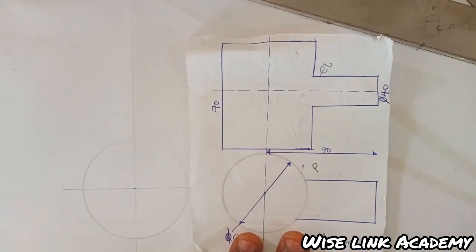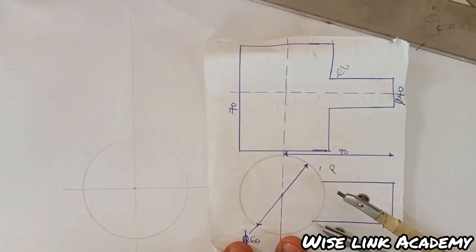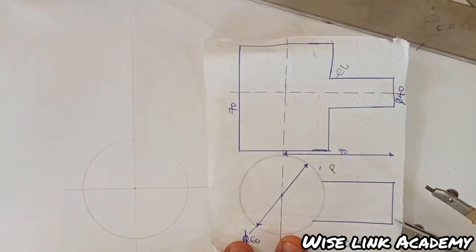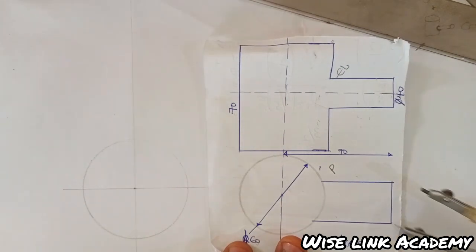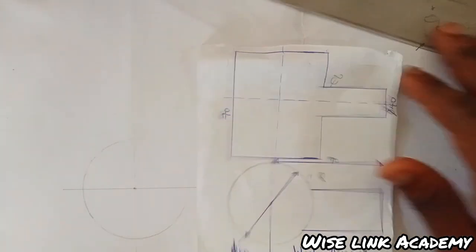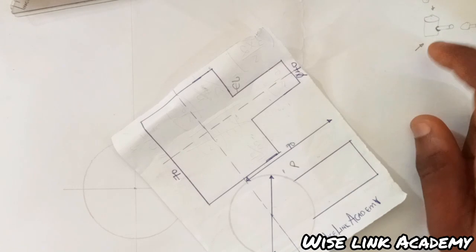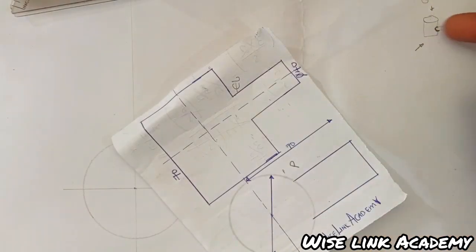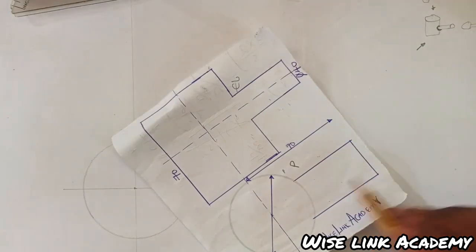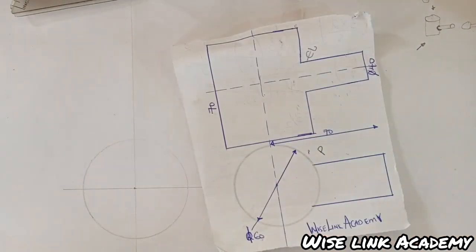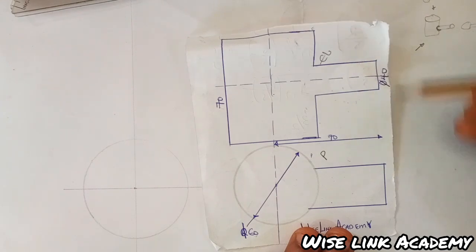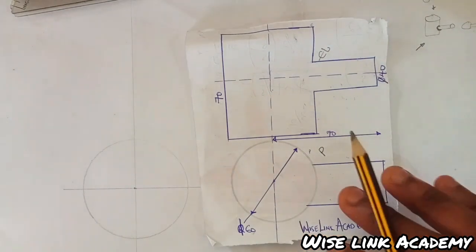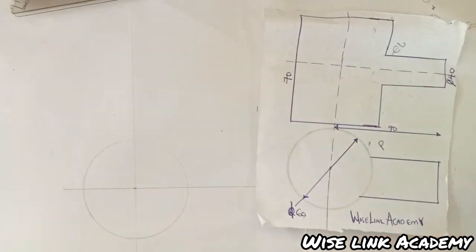The next thing to do is to draw out this pipe here, this hollow. This pipe is a hole. If I'm looking at it from the plan, they are of the same dimension, isn't it? So here is a diameter of 40. It simply means from here to here is 40. So if I want to draw this out, since from here to here is 40,